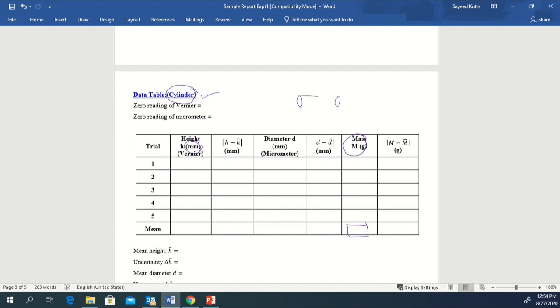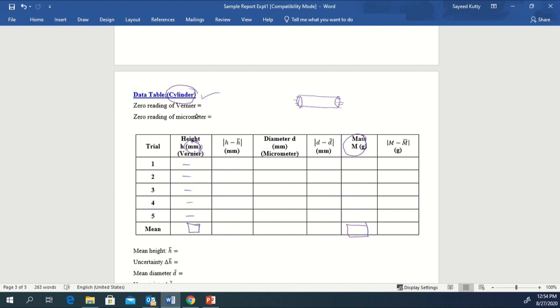So you look here, the best way to measure the 5 different heights is you can start from this position and this position, then this, then this position and this position. So you will get 5 different heights, because there will be slight differences. You will notice that while you are scanning through the height, you will get 5 different values of height, and of course they will be very, very close. Then we will write the mean value of the height.